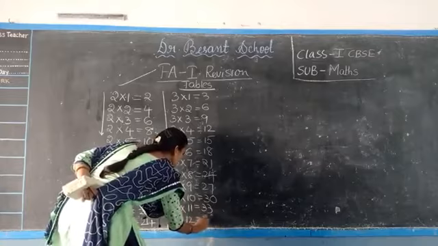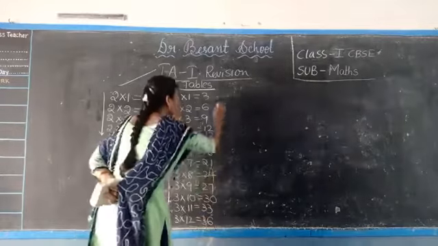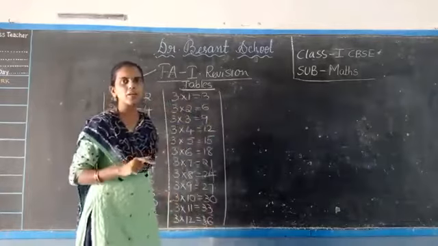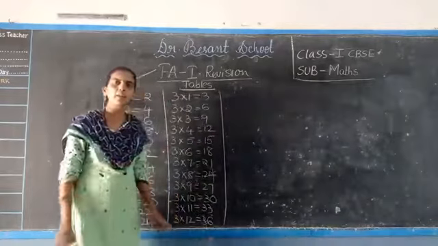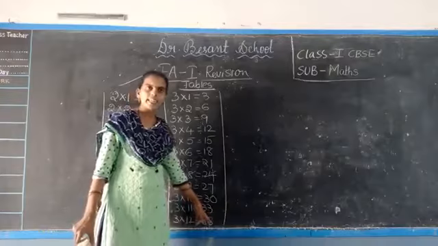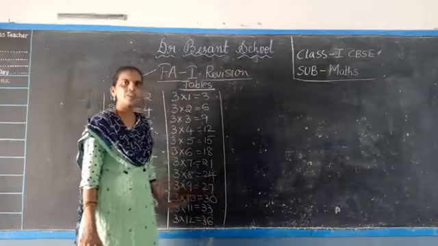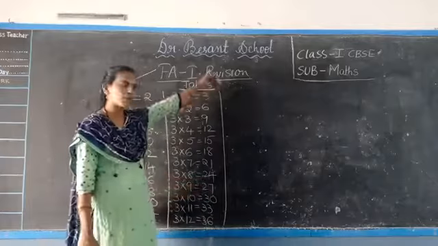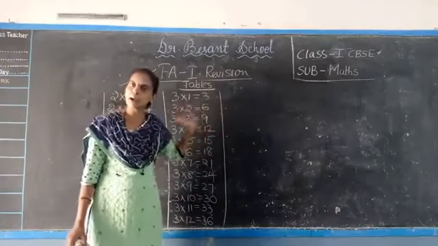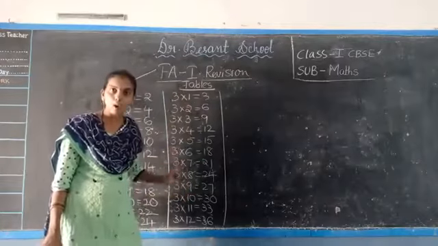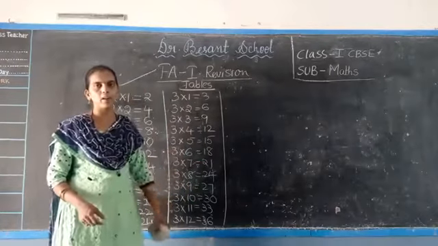Understand? So 3 table also, you have to write down the forward direction as well as backward direction. What is the backward direction of 3 table? 3 12s are 36, 3 11s are 33, 3 10s are 30, 3 9s are 27. Like that you have to write down. That is called the backward direction of the table, and what I have written on the board is called the forward direction of the table, right?